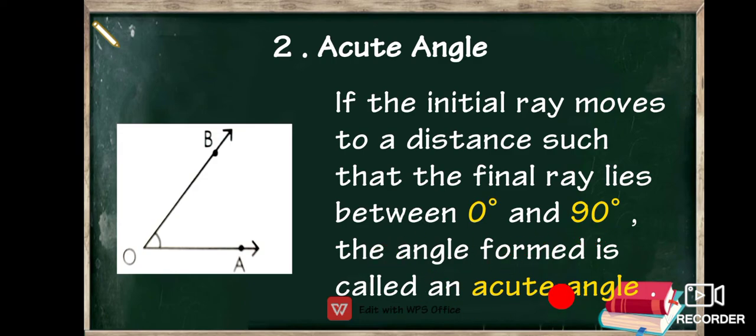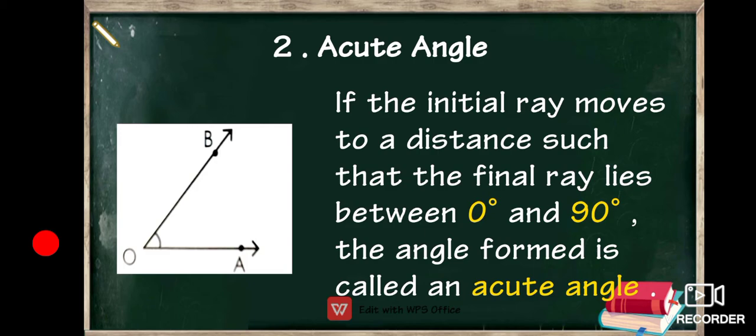I hope you understand. So the angle measuring from 1 degree to 89 degree is known as an acute angle. I hope you understand what an acute angle is. That is a clue word. The name acute, the letter A itself is an acute angle. You can see here, A is like this, right? You can put a line in between and make it an A. So that is known as an acute angle.